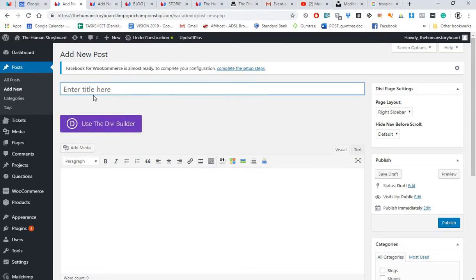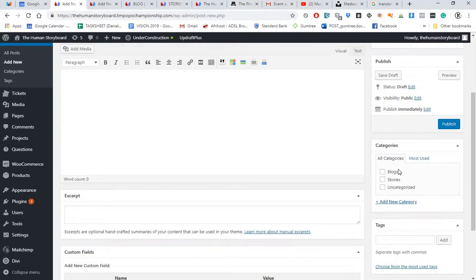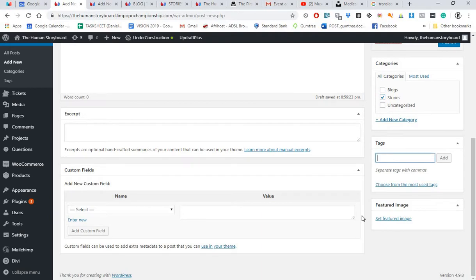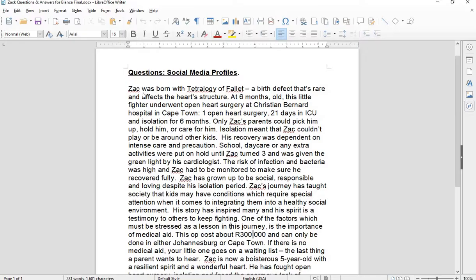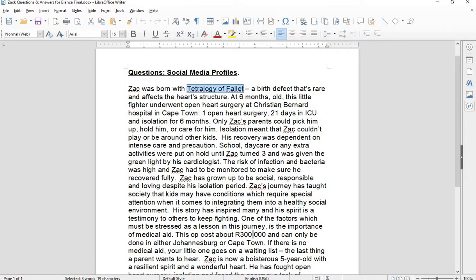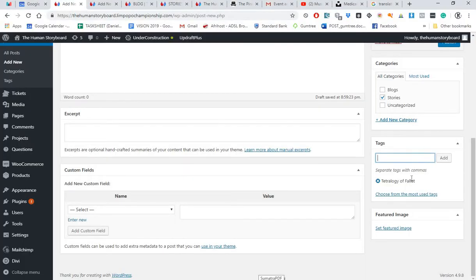So here is what we're going to do when we create add new. We're basically going to do three things on the settings. Here it's just adding the blog description or story description. Then on the right, we're going to click category. Since it's a story, we're going to check this, and then that's going to be saved. And under tags, we're just going to put a few tags that we want for our story. This is just to show for metadata, and also it's going to help with SEO. So we have a few tags. I'm just going to take a few,